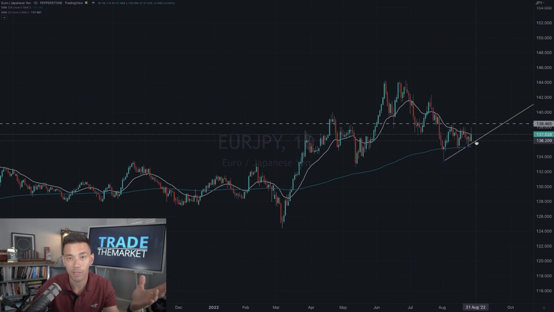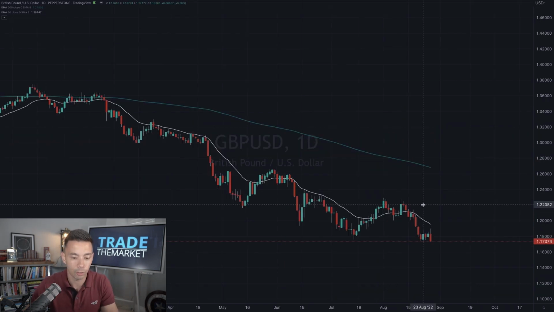Obviously, the same remains true as we spoke about last week. If the market gets below this trend line here, then we can still start looking for a shorting opportunity, perhaps on a shorter term time frame. The next one is the pound dollar. Now the pound dollar here, we can see the week before last, it sold off quite aggressively.